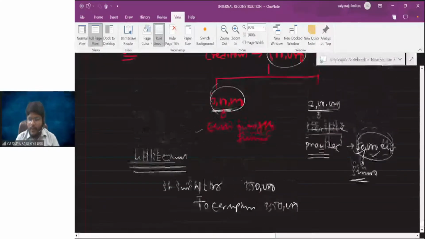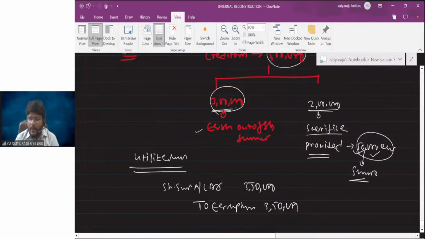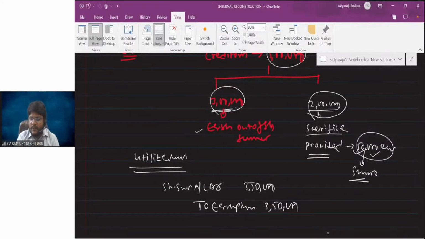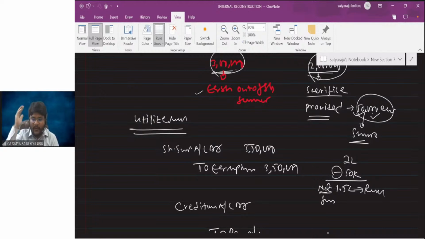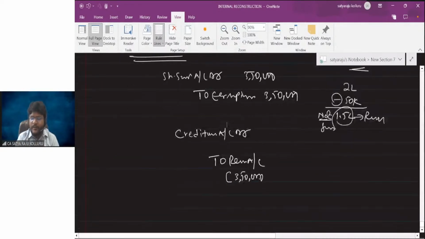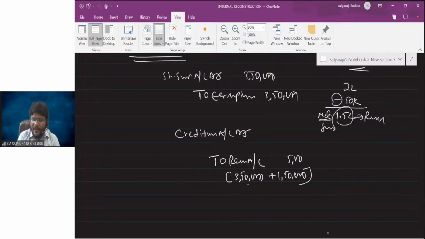Super. Now let me know one thing, guys. Sir, gross sacrifice was 2 lakhs. But in return, they're expecting 50,000 worth of equity shares, which means the net sacrifice is only 1.5 lakh. To the extent of real net sacrifice, you should transfer to reconstruction account. We learned this concept at the inception of this chapter itself, during the discussion of theory. To the extent of net sacrifice, how much? 1,50,000. Now 3,50,000 plus 1,50,000, 5 lakhs. Creditors, you should cancel 5 lakh.